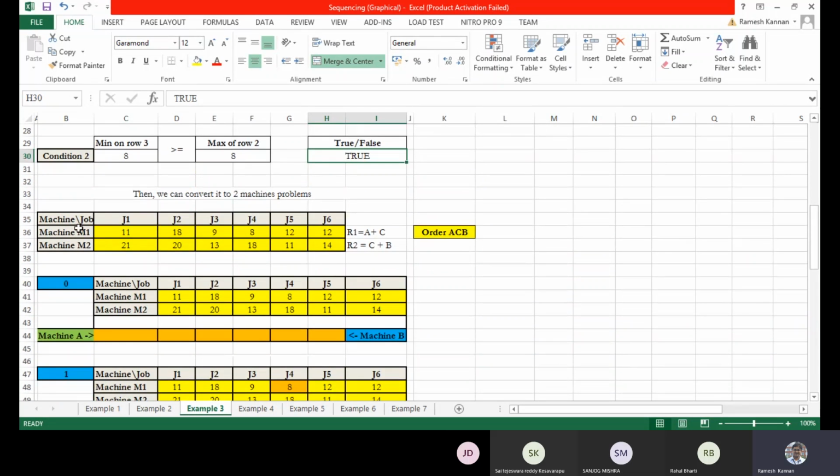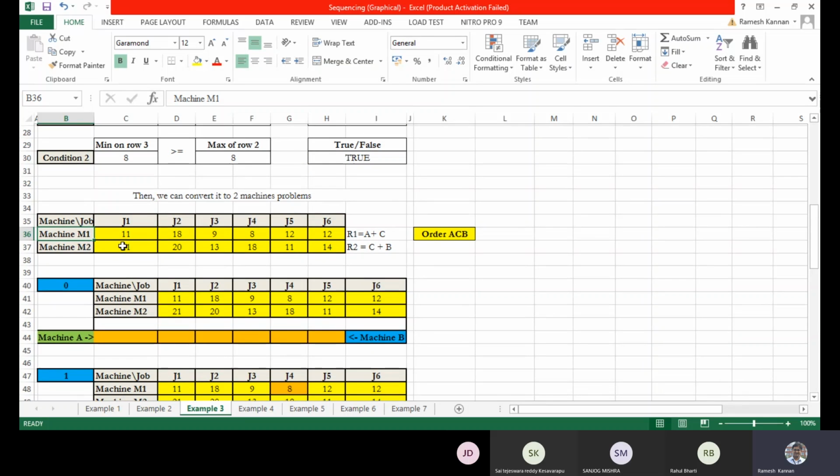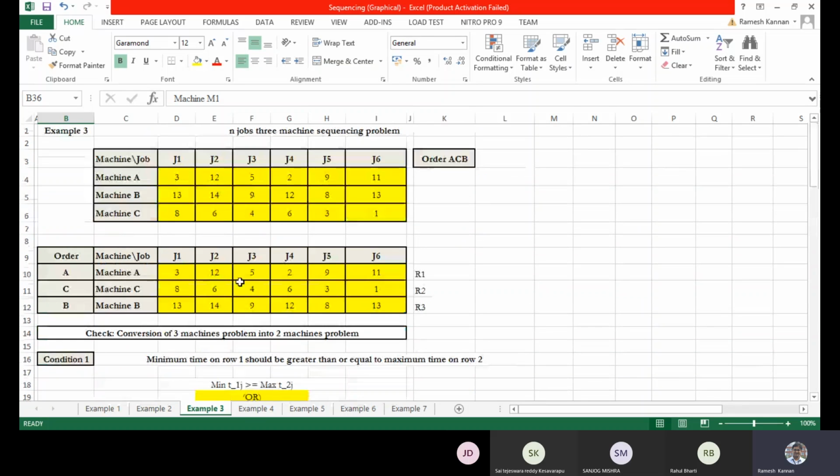Next, we convert it in terms of an equivalent machine. This is also very important, so make note of it. This table is what we generally require. You can take Mx, My, or I just take machine 1 and machine 2.